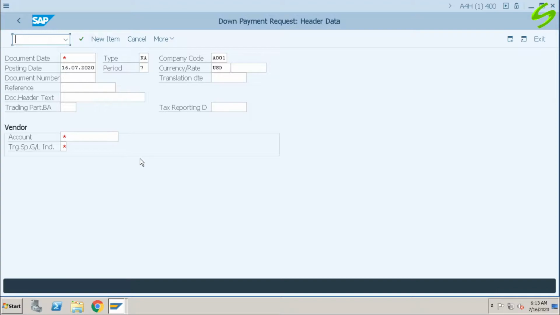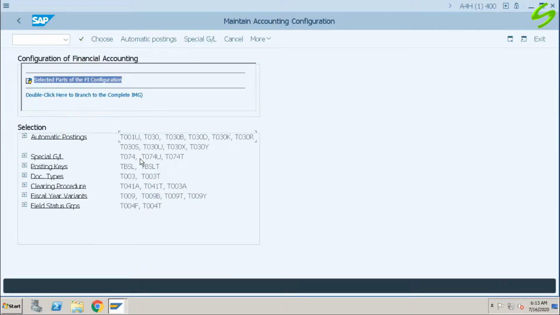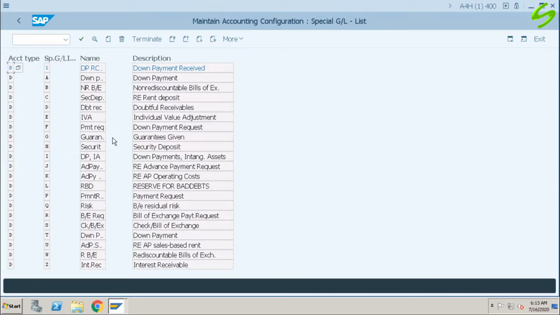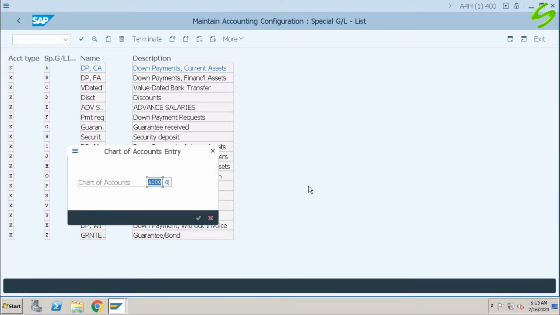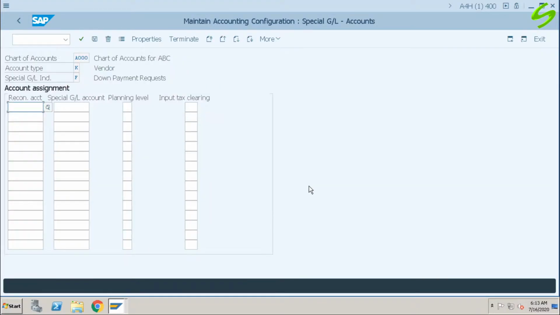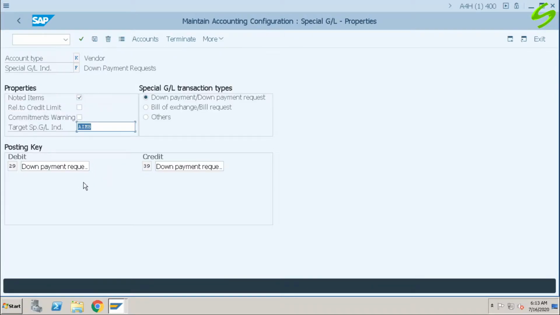But before we do that, we have to assign our special GL indicator under target special GL indicators in indicator F. So click on F, chart of accounts A000, properties, click on my special GL indicator J. Save.